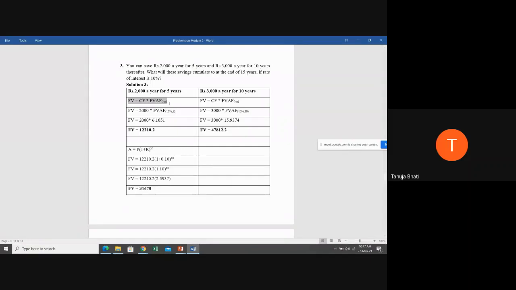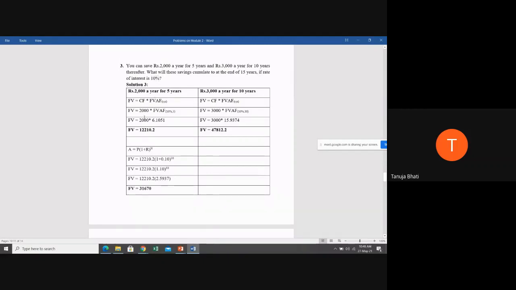You all told me that it is to calculate the future value of a deferred annuity. What is the formula to calculate the future value of a deferred annuity? Your cash flow into the future value annuity factor, which you find in the table by using R and N. R is also denoted by I and K. So future value is 2000, because 2000 is your cash flow which you are depositing every year for 5 years, and the future value annuity factor, which is found with the help of the table by using the rate of interest, 10%, and N, which is 5 years.